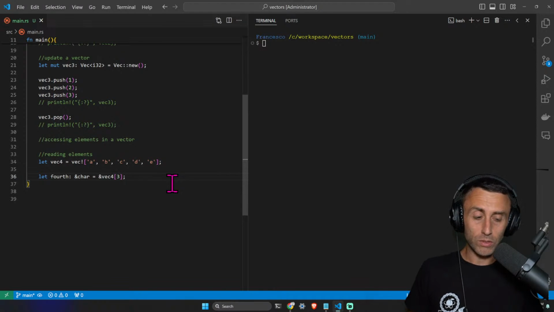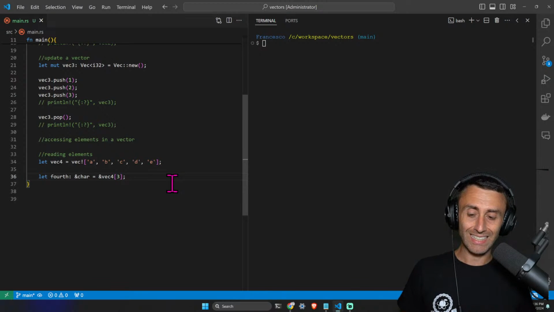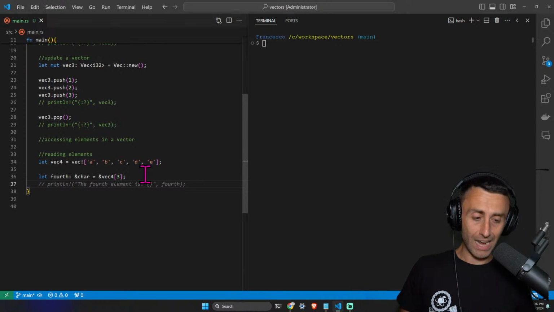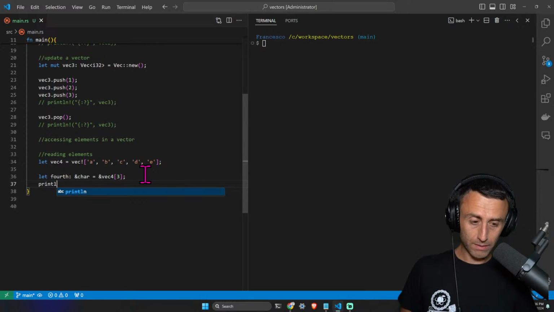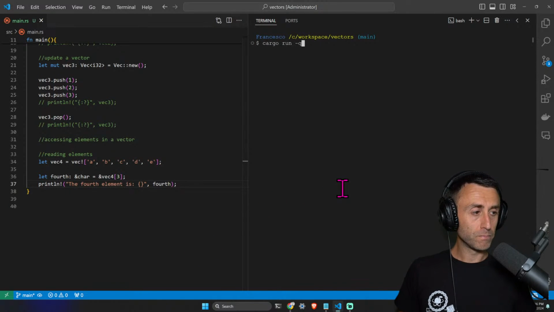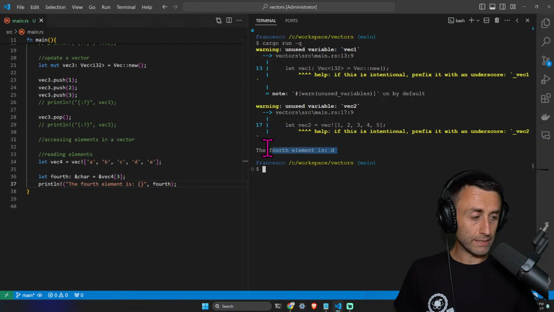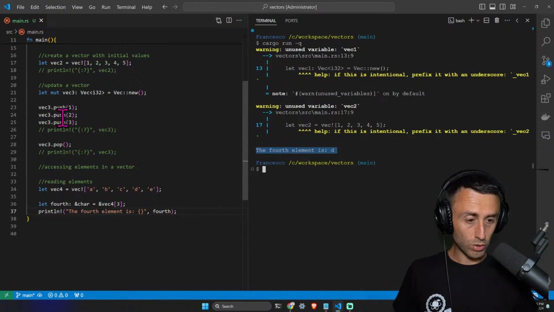I remind you that as we do with arrays, we start counting from 0. We have a reference to this vector for element. Let's print it. In this case, the fourth element is cargo run -q. The fourth element is D. I want to,